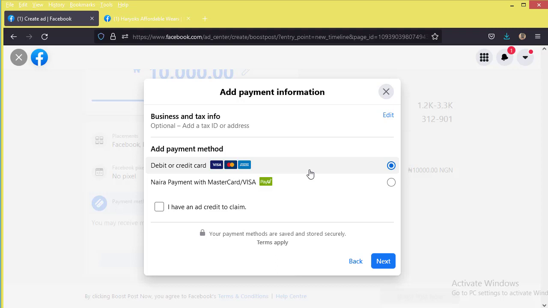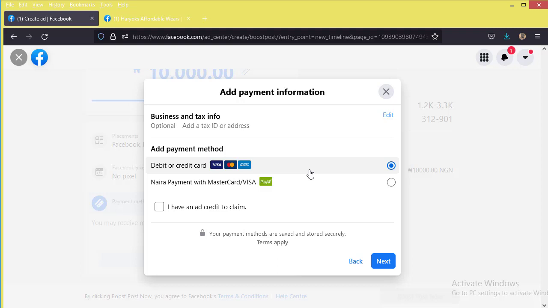Your threshold limit may start with $2, or in Naira currency, it may be 700 Naira. If you pay 700 Naira for the first time, Facebook may increase your threshold to 1,500 Naira. And once you pay your 1,500 Naira again, it will increase it. Before you know, you are having a large threshold, maybe 25,000, 100,000 or thereabouts. But the maximum ad spend allowed on Facebook on a daily basis is $100 if you are